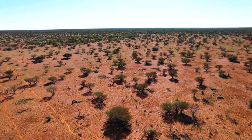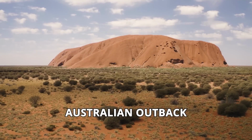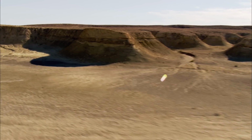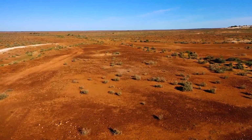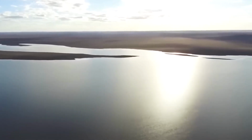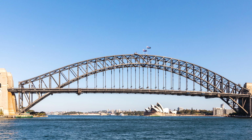Halfway across the globe, there's another desert that refuses to stay quiet: Australia's outback, a sun-scorched, rust-red wasteland where rain is a rumor and rivers vanish into the dust. And just like Tunisia, Australia has its own dreamers, people who look at this barren land and ask, what if we drowned it? Back in the 1930s, engineer John Bradfield, best known for the Sydney Harbour Bridge, unveiled a plan